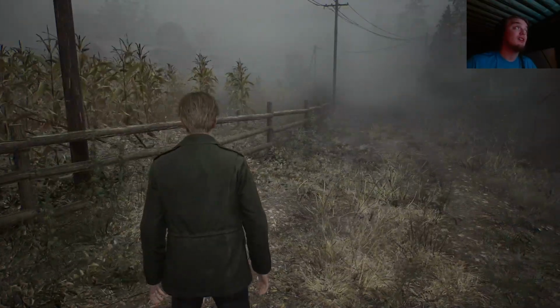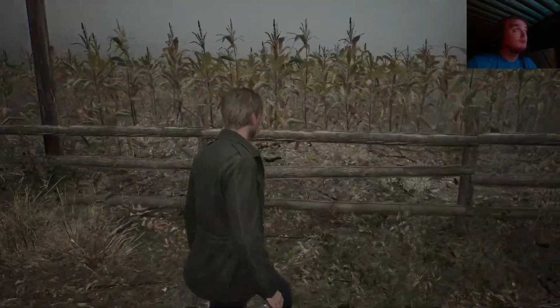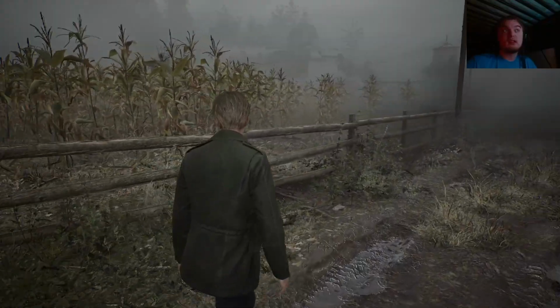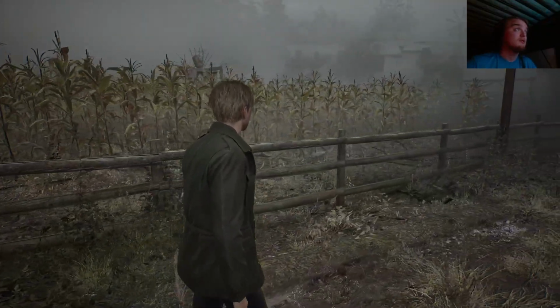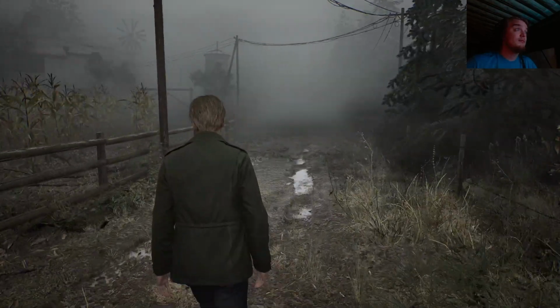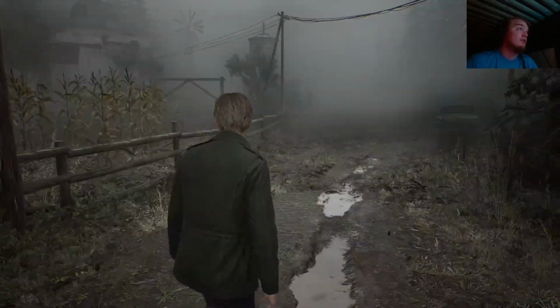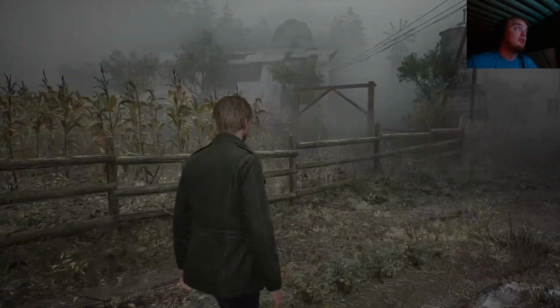That rustling... Is it the wind? Probably. Or is it? You can never be so sure. But there's also something to be said about how the game handles noise.